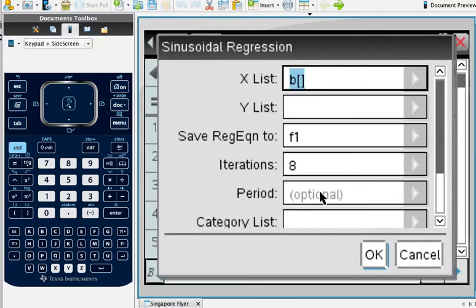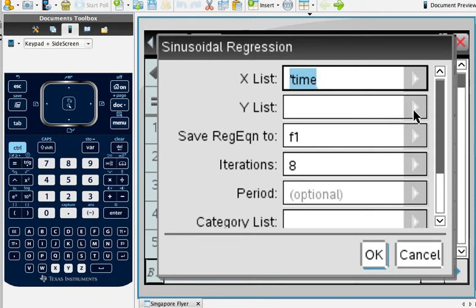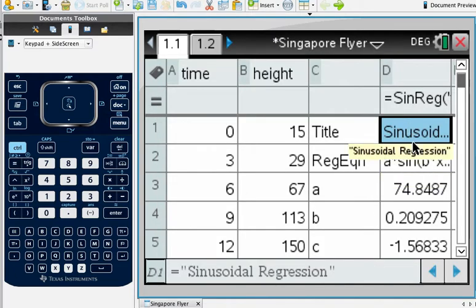Okay, go ahead and click on it. Hopefully you guys remember this. You have to tell the calculator that X is our time and Y is our height, and then just click on OK, and it does all the work for you. Now, notice